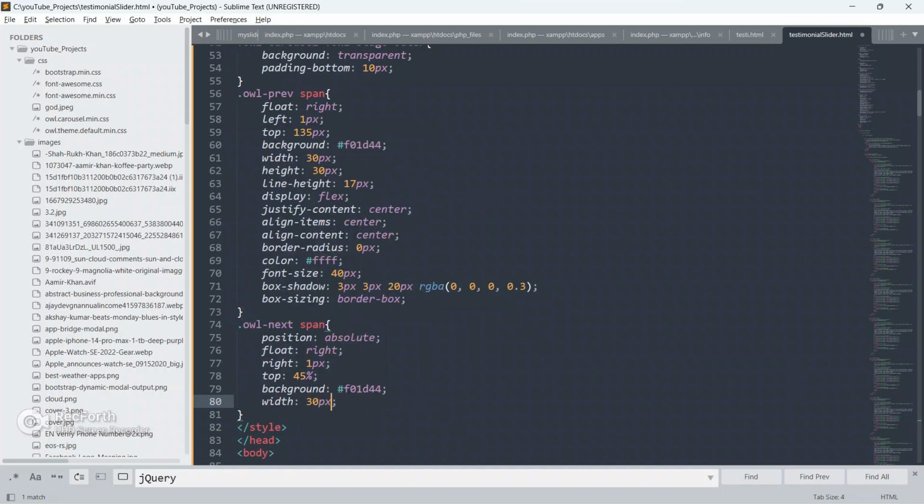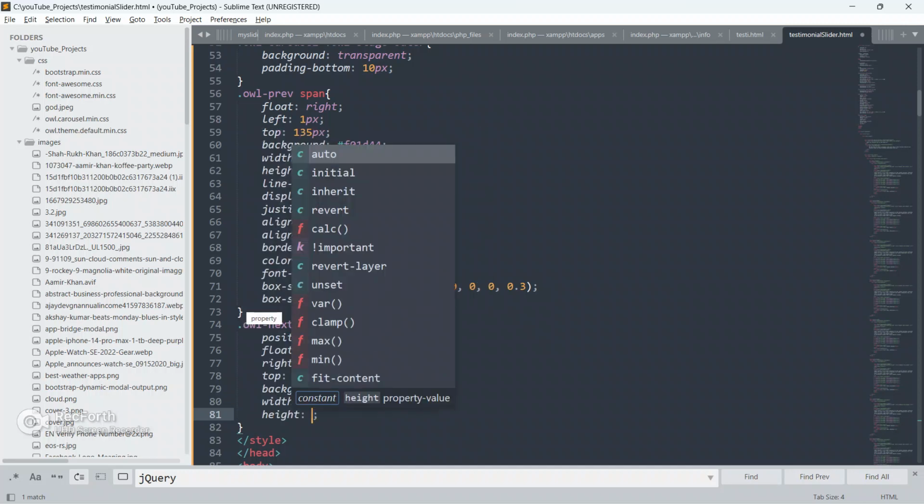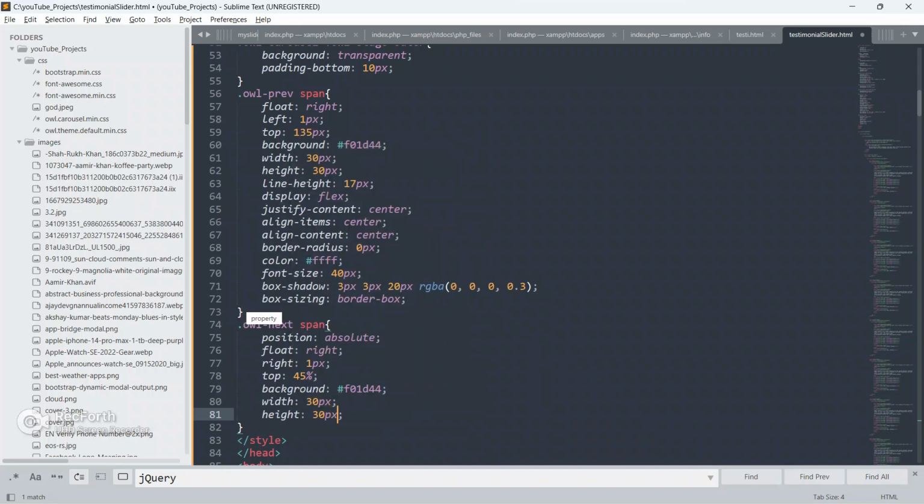Okay, give width 30px, height 30px, and give line height also as 70px,